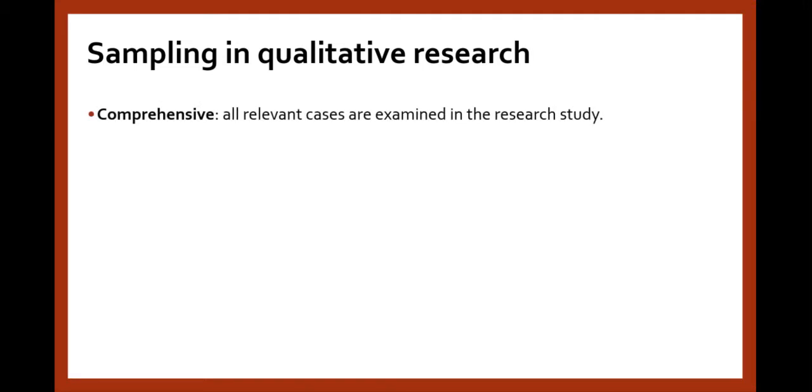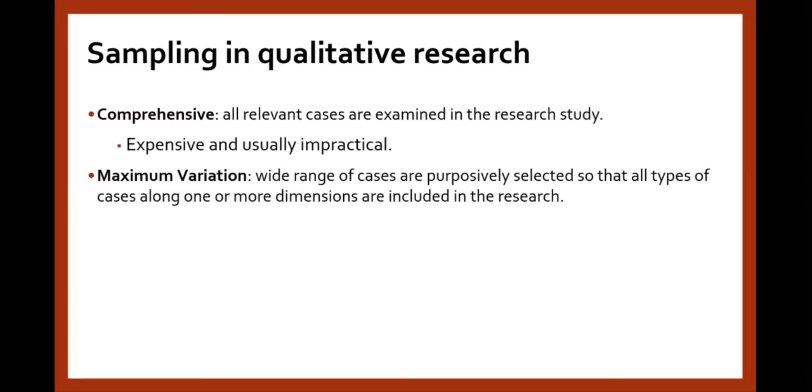Sampling should be either comprehensive, so that'll be all relevant cases are included and examined in a research study. But this kind of sampling is extremely expensive and typically not possible, or at least impractical. Comprehensive sampling may occur in situations where you have a small classroom, and so you have 15 people, you can get through that relatively quickly and relatively inexpensively. However, if you have 500 people, that's not going to be something that is possible to sample every individual, let alone if you add zeros to that.